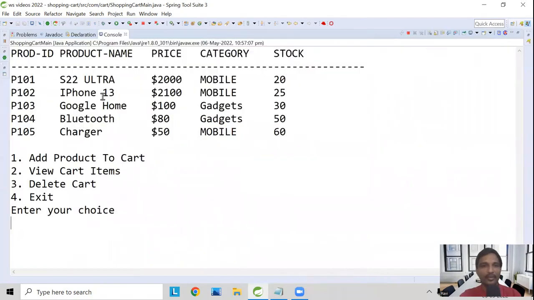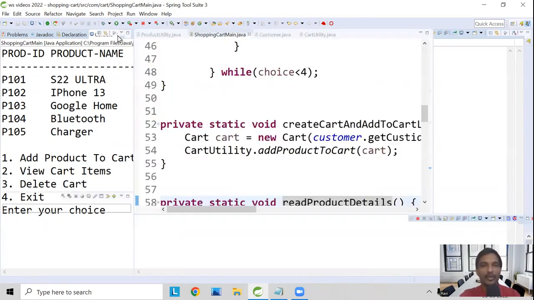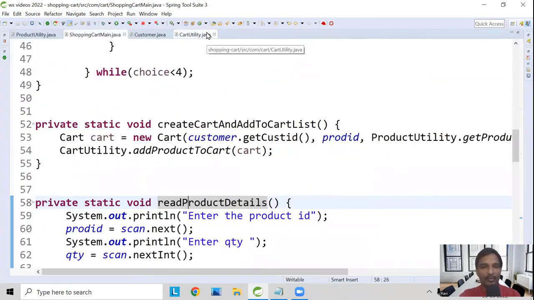When you see this output, for example, this P101 is added to the cart with 1 unit. If I add 1 unit of this P101 to the cart, then the stock should be decreased to 19. So that is what I'm trying to say. So let's do that. In order to do that, first of all, we need